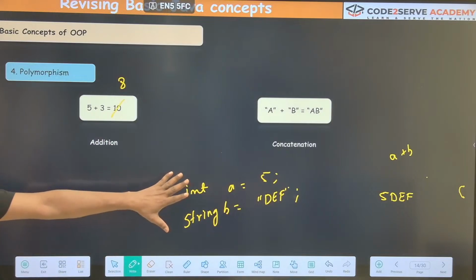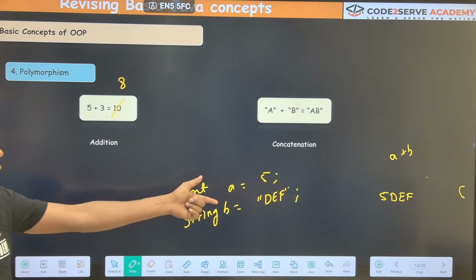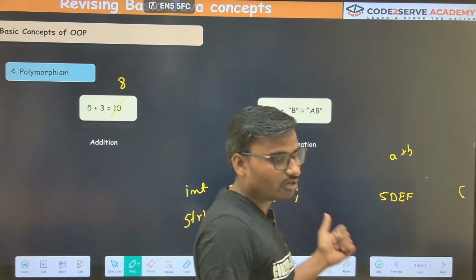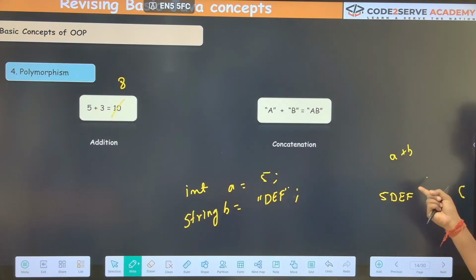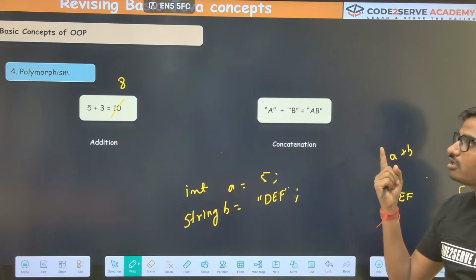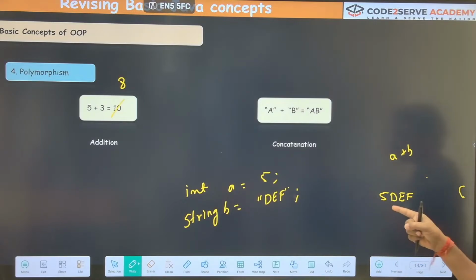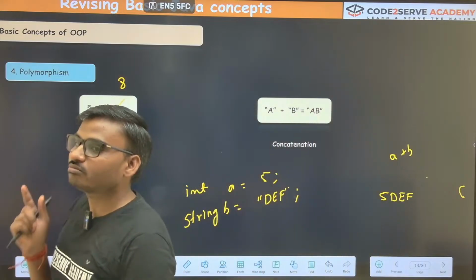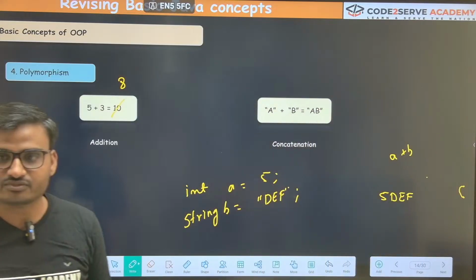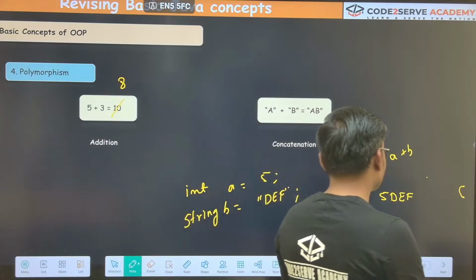Here, there is no addition happening. That means here concatenation is being performed. So, based on the data type, it is performing different types of operations. Got my point? So, this is what your polymorphism is. So, these were the four most important concepts you must know in object-oriented programming languages. Okay, next.